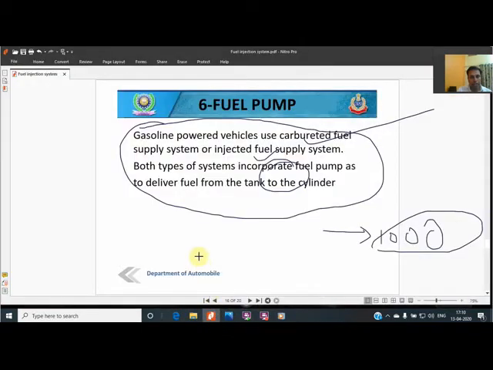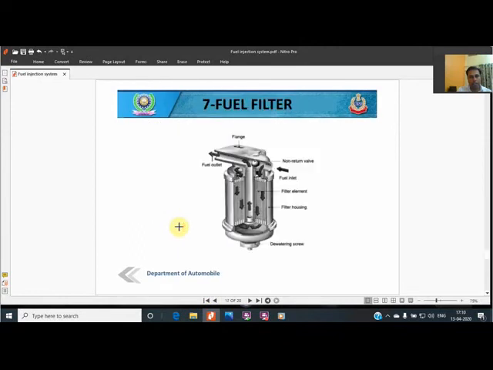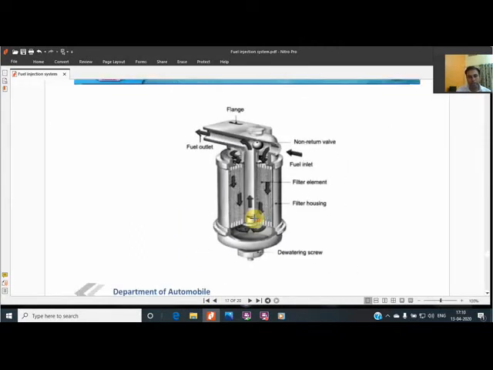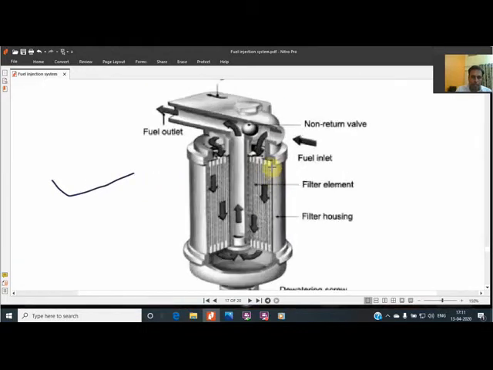Now we are covering the seventh part, that is the fuel filter. The fuel filter is being shown to you over here. These fuel filters come in micron sizes, meaning there is a micron limit. There are two types of fuel filter in the vehicle: one is for the low pressure line and another is for the high pressure line. Fuel enters from this direction, this is being shown, and after going through this direction,